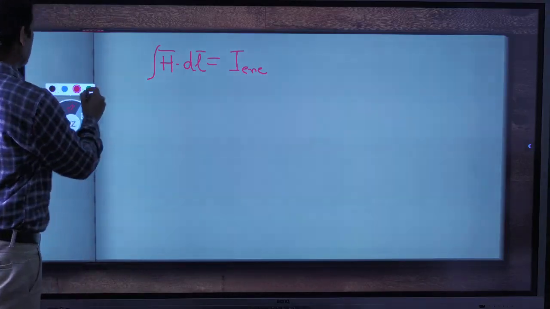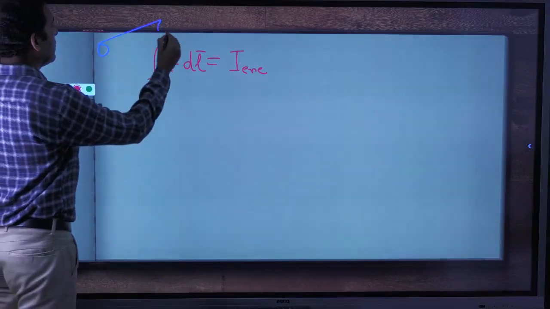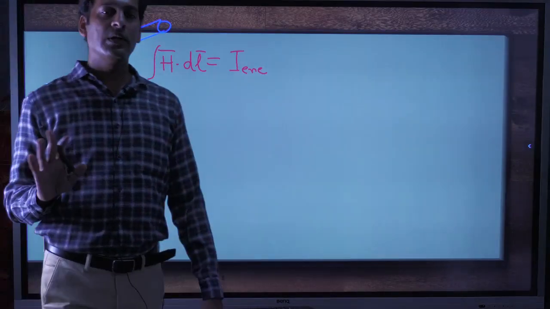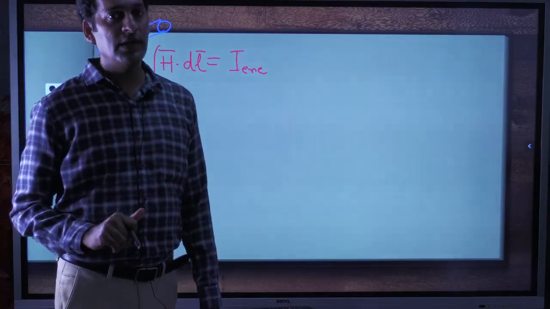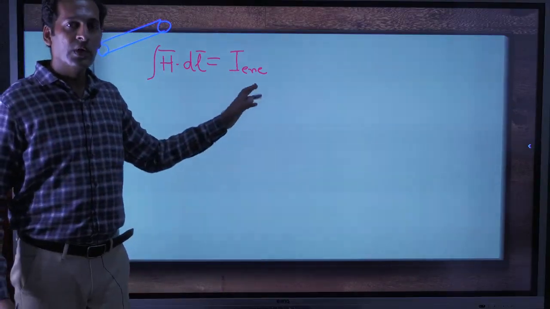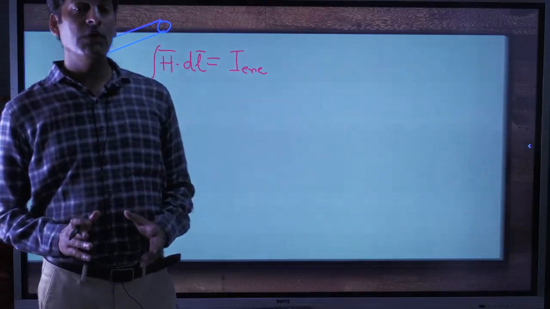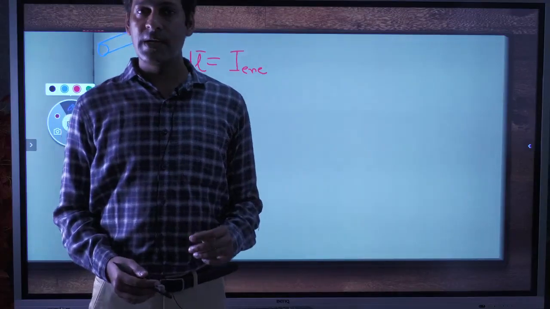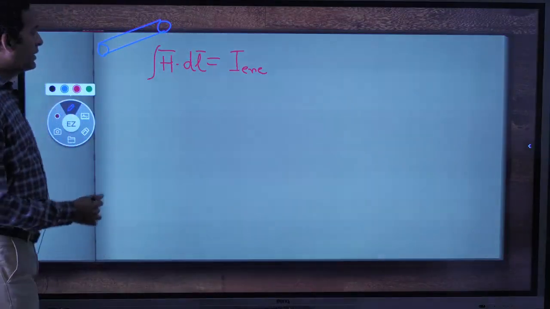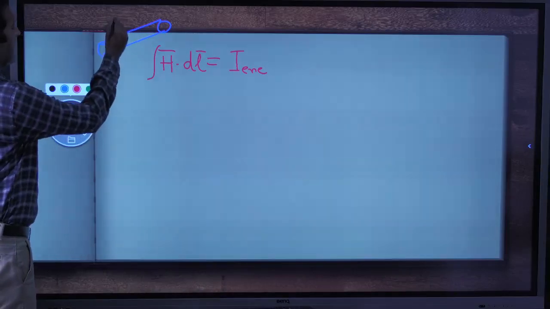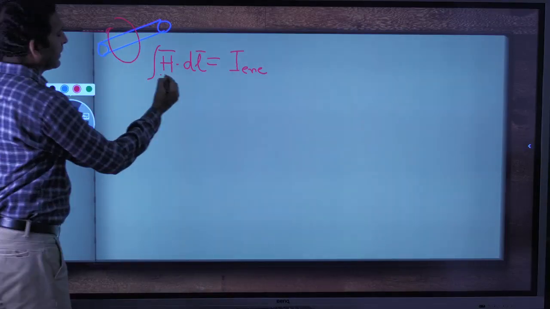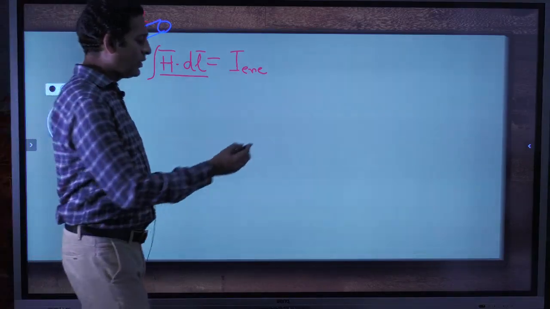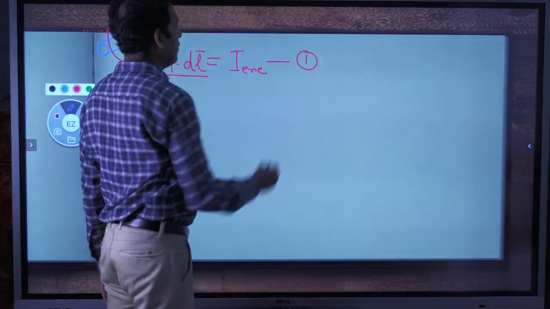There may be a conducting wire, and that wire will have charges, but static charges cannot create a magnetic field. So we cannot simply write charge Q here, because the charge may be static. What we want is a changing, flowing charge, which is defined as current I. This flowing current I will develop a magnetic field around the length of this conductor. That is the statement of Maxwell's fourth equation.